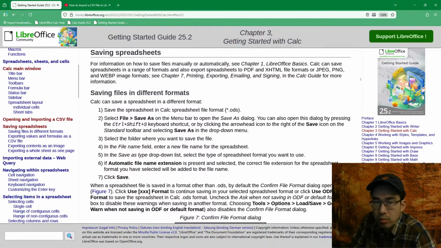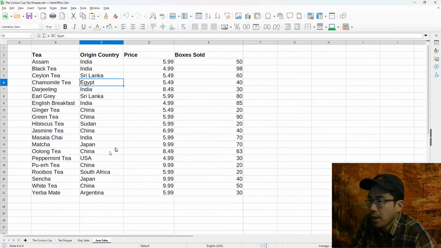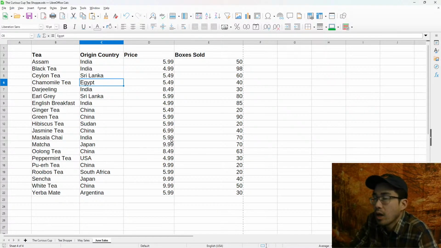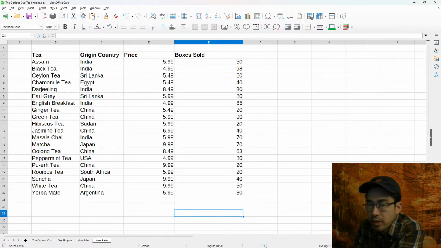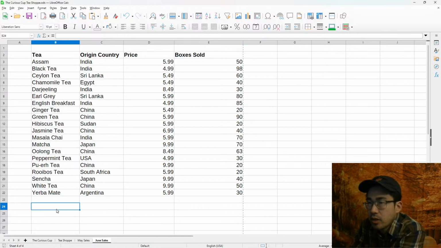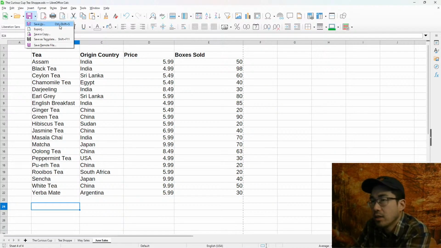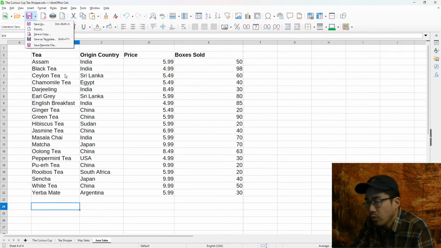Okay, so let's go to my example spreadsheet here. I mean, just some data, sales data that I made. And firstly, to save, it's pretty straightforward. We have a save button in the toolbar, and if we click the down arrow, we could do save as, export, save a copy, and save as template, or save remote file. I won't go over each one of these, but